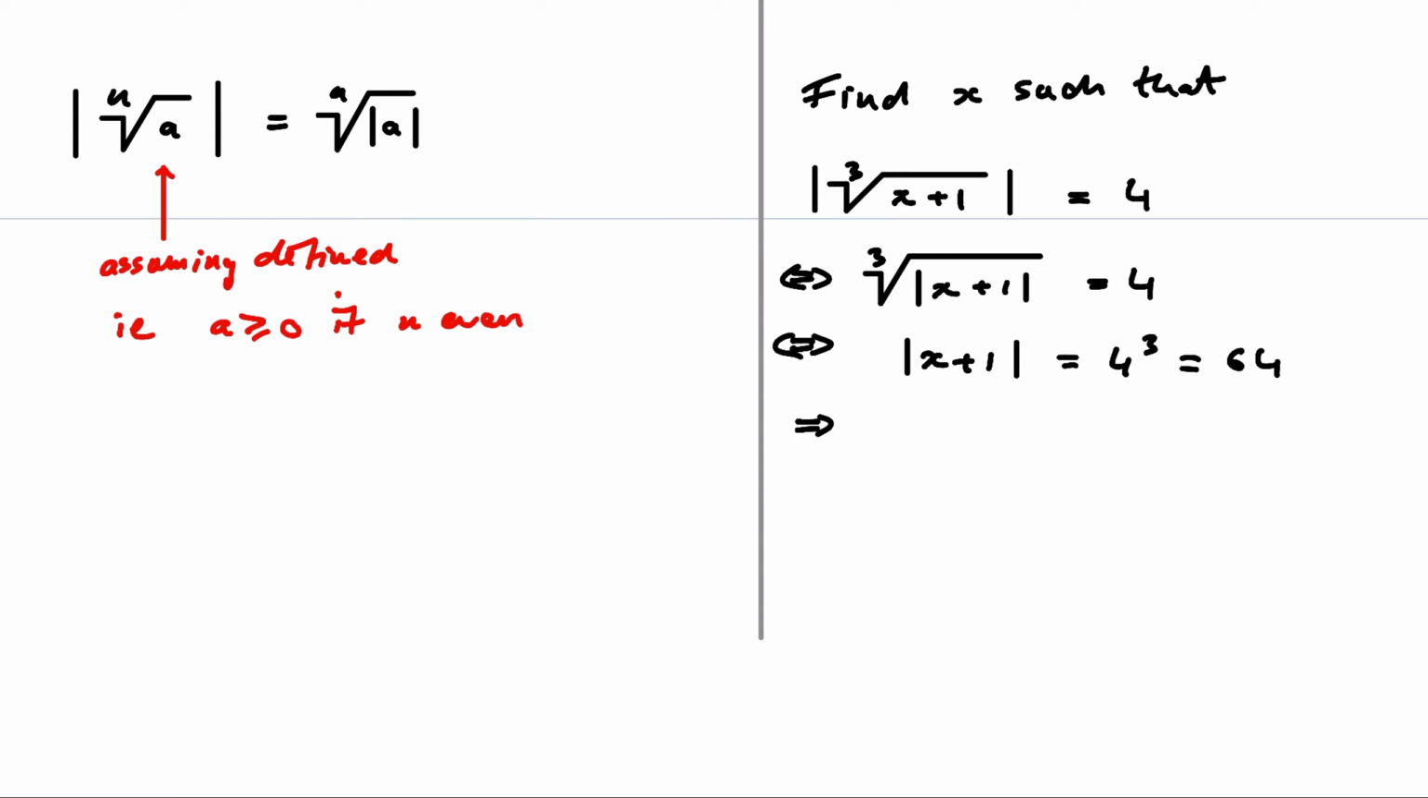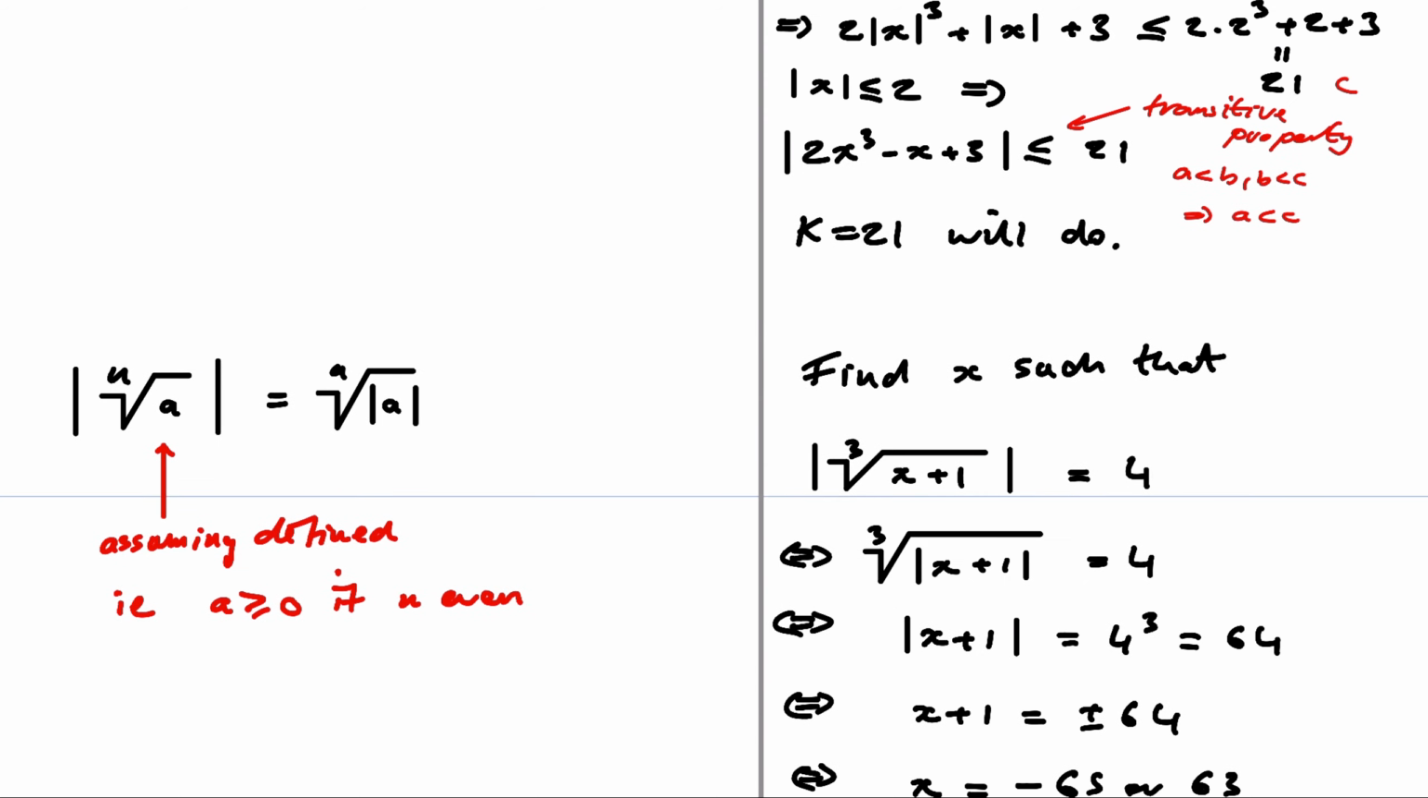Okay, so now this is if and only if what? If and only if x plus 1 is equal to either plus or minus 64. Not many options. So x is plus or minus 64 minus 1. So it's either going to be minus 65 or 63. Good example. So just to recap,